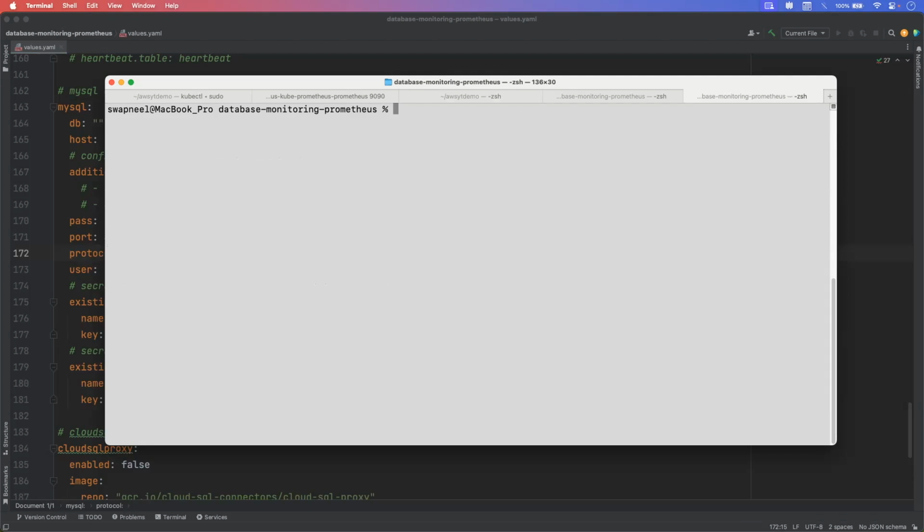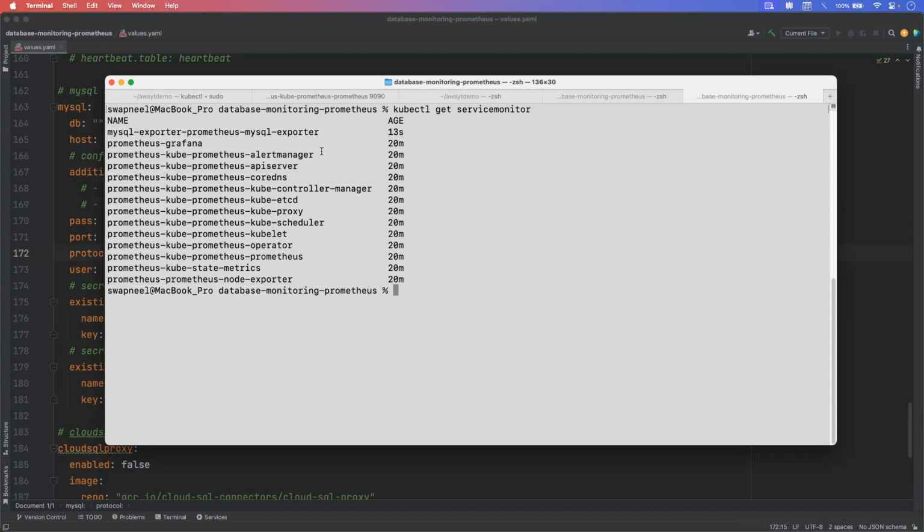Now let me clear it. If you want to see the service monitor, the command will be kubectl get servicemonitor, and here you can see the service monitor is created. So let me copy this name, and if you want to see its configuration, let's run the command kubectl get servicemonitor, then the service monitor name -o YAML,